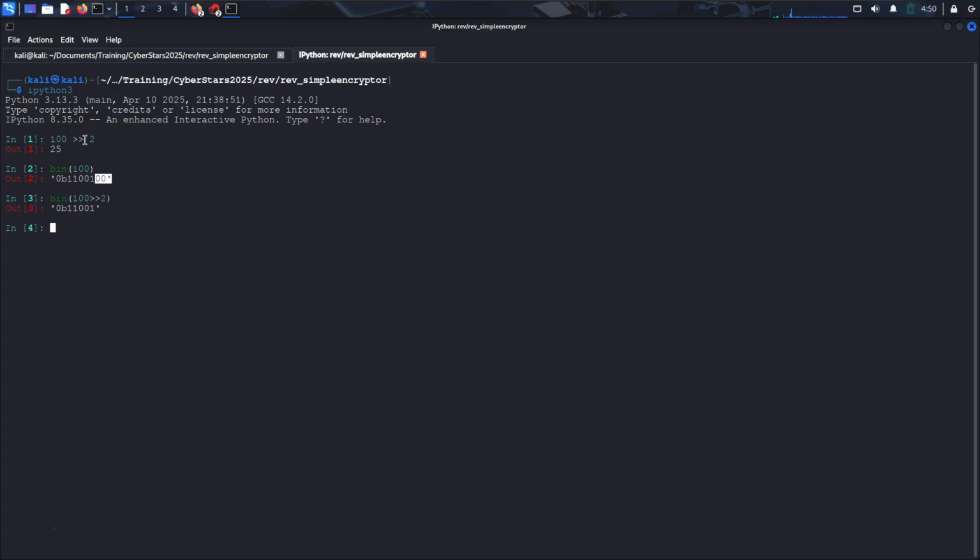So when we're shifting twice to the right, we're pushing out two guys. When we're pushing this to the left, for example with 100,